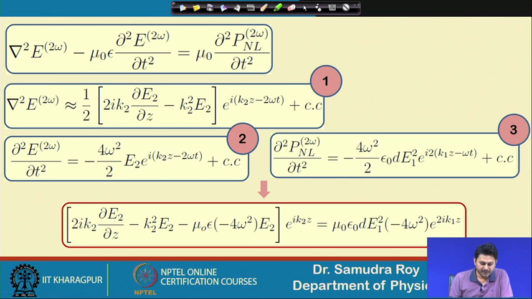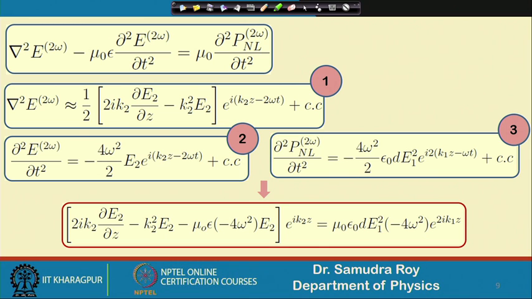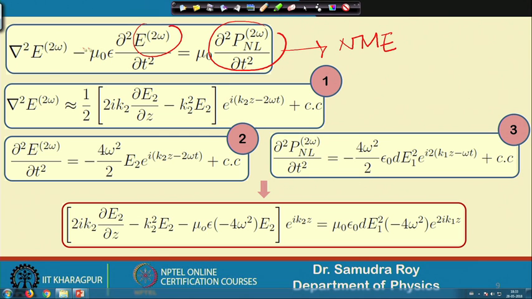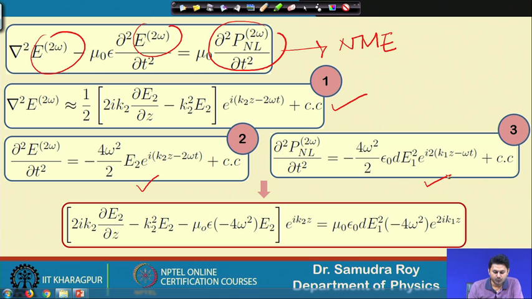Okay. This is a very important slide where we have all the terms, and if we have all the terms, then it is necessary that we put these terms together. Okay. This is our equation. This is a very important slide, I must say, because all the information is there. So, this is our nonlinear Maxwell's equation. This is our source term, and we need to find out how the E2 omega is evolving. In E2 omega we have amplitude, so eventually we try to find out how the amplitude is going to evolve. This is equation 1 that we have already derived, this is equation 2 we derived, and this is equation 3 we derived. Now, we put them in one by one.